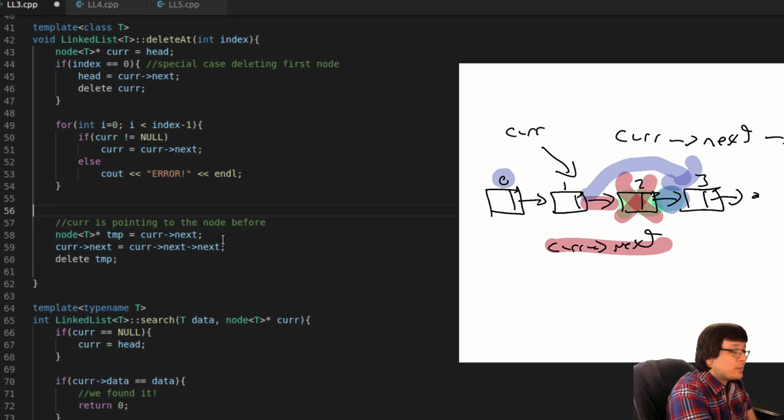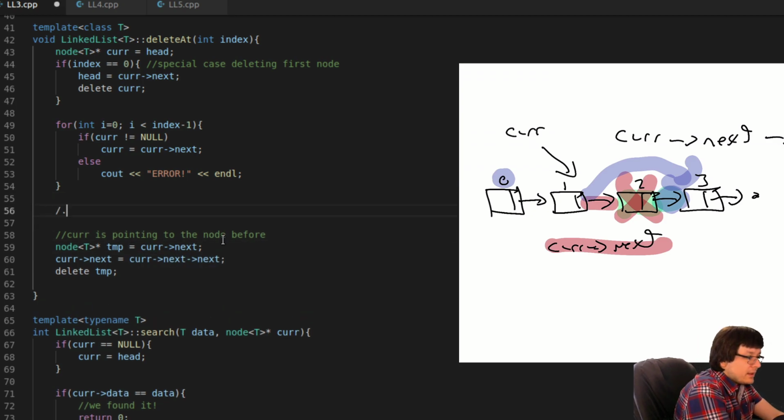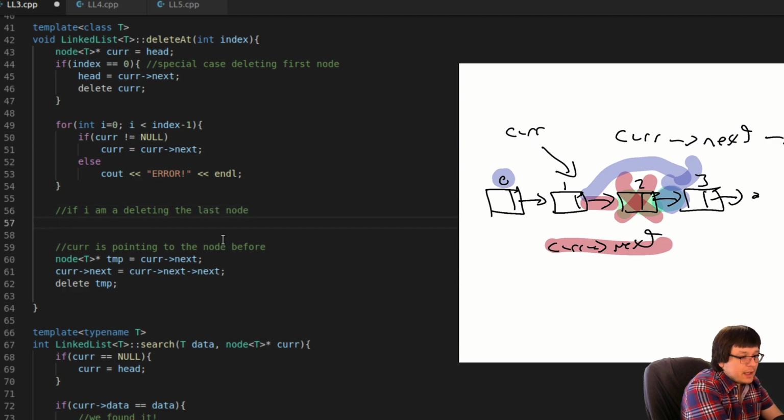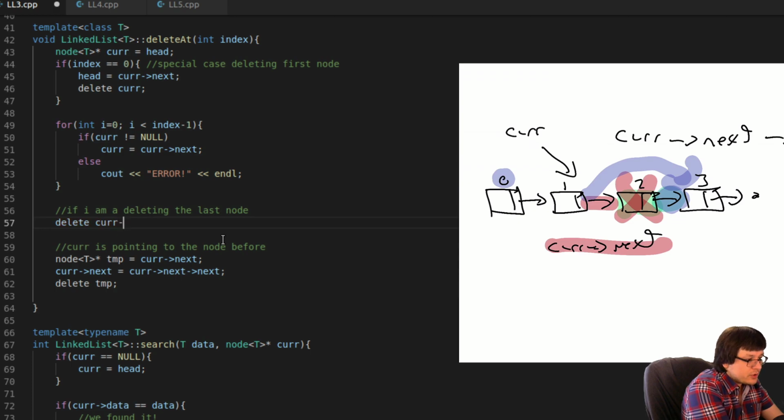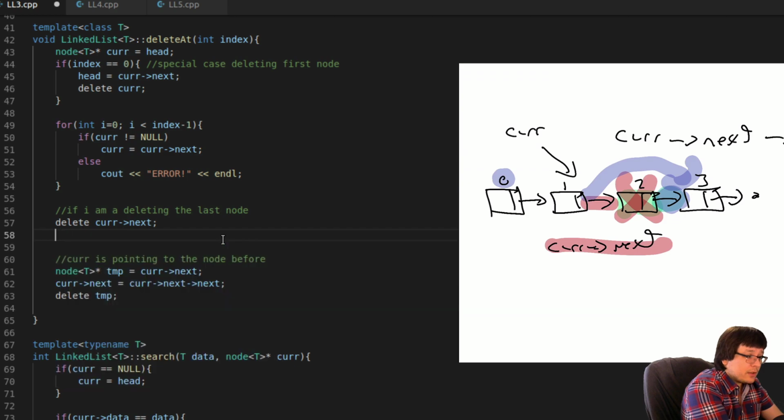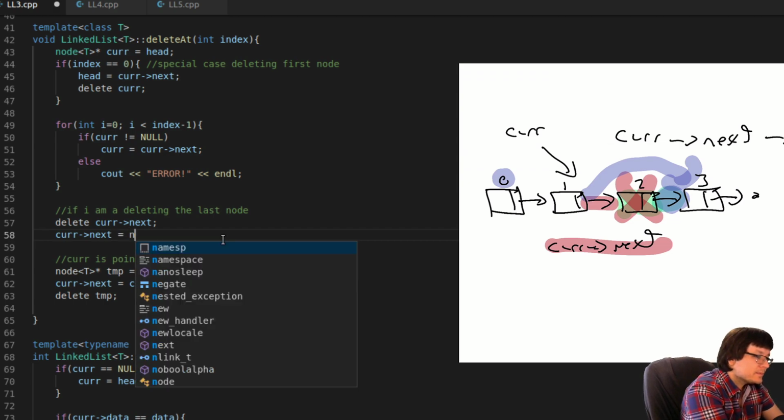So I need to have another special case here that says something like, if I am deleting the last node, then I need to be a little careful about this. Because now all I want to do is say delete cur next, which is the last node, and then set cur next to be null to move the road sign further back, because I guess we're rebuilding the bridge.